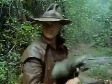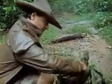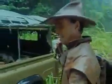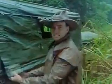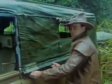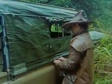To my mind, there's nothing worse than breaking a wet camp. For a start, everything is absolutely saturated. The other point about having wet gear up here, particularly in this climate, is that it's only a matter of days before the mildew sets in. So what you've got to do is dry it all out, hopefully before you have to use it again,